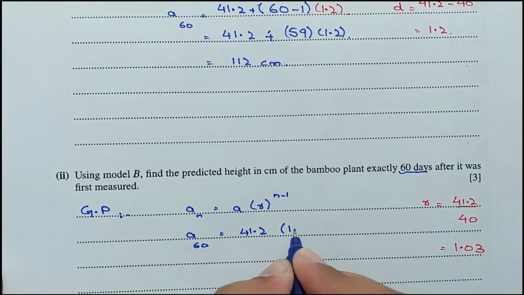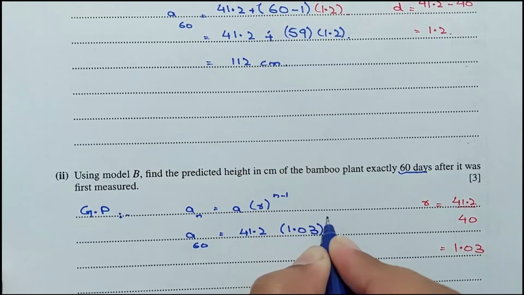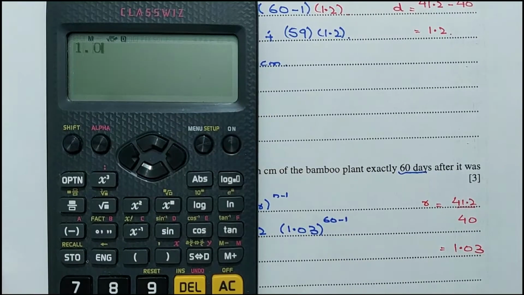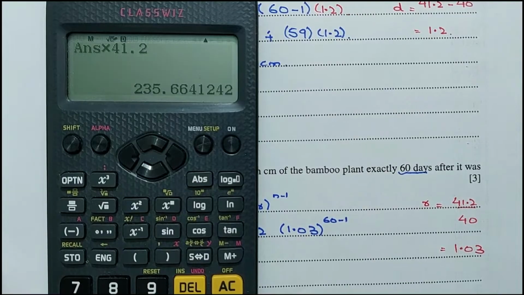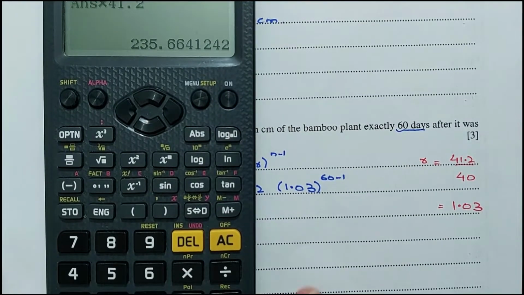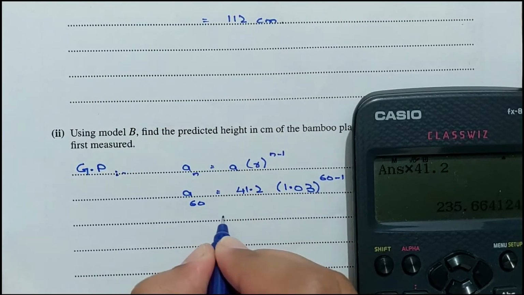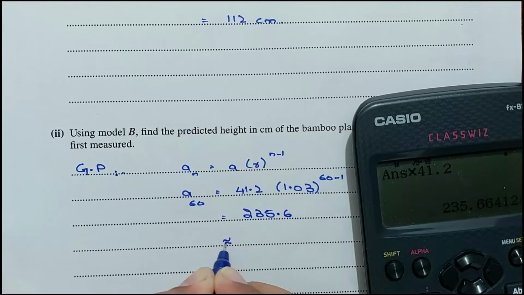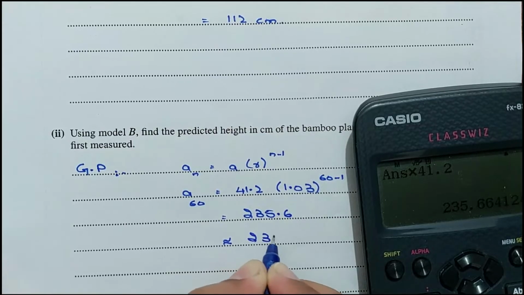So 1.03, n is 60 and minus 1. All right, 1.03 to the power 59 and times 41.2. This is 235.6, or we can round it to 236